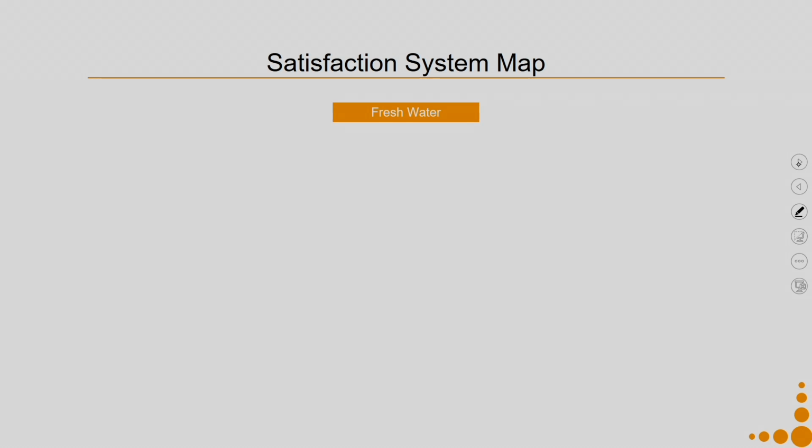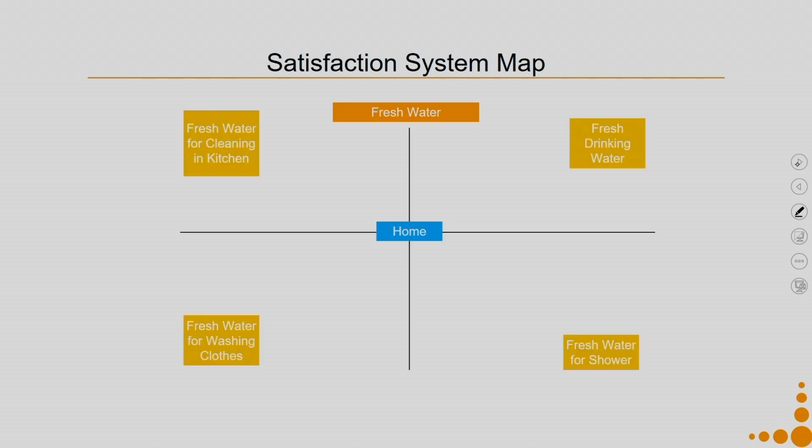My unit of satisfaction there was fresh water, so I place it there. The reference context was home; we are designing it for domestic use. Till now I was thinking of fresh drinking water, because all our water purifiers are meant for giving us fresh drinking water. But what about taking a shower, washing your clothes, or cleaning utensils, vegetables or fruits in the kitchen? They also require clean water. Of course, they might not require water of the same quality as drinking water. So as soon as I try to make this sub-satisfaction, I can further expand my product's reach.